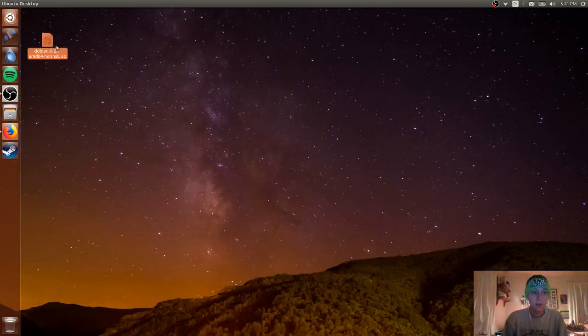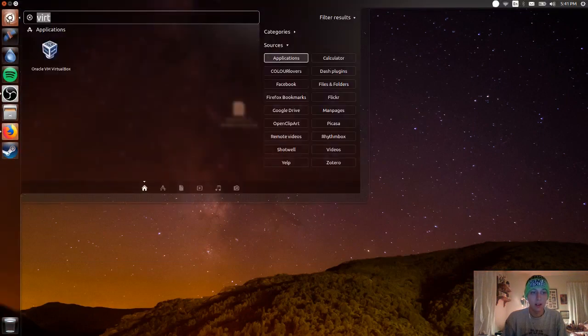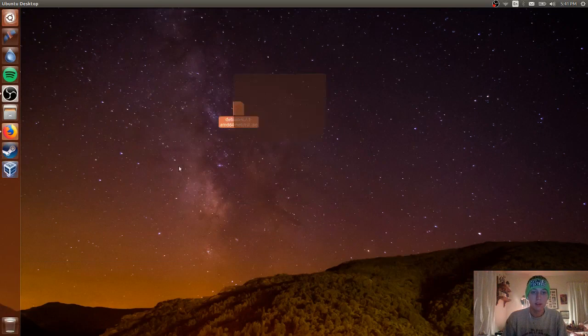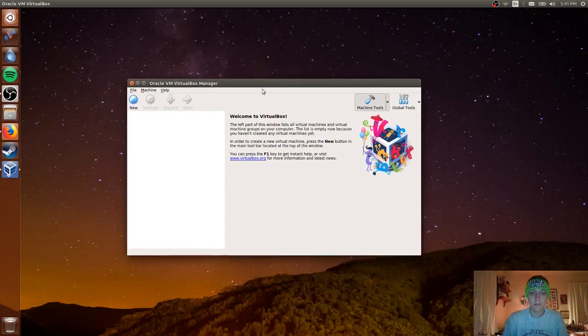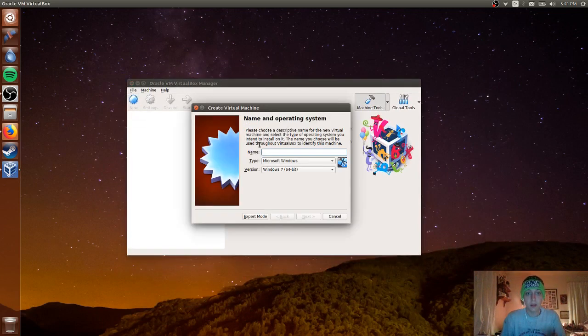Anyway, okay, so I got this pulled to my desktop right here. We'll go ahead and launch VirtualBox. I already have it signed in, so just open it. It'll bring you to this screen right here, and some people don't know what to do. If you're using Linux, I assume you already know what to do, but this is just for an example. So we're creating a new one. We're doing a